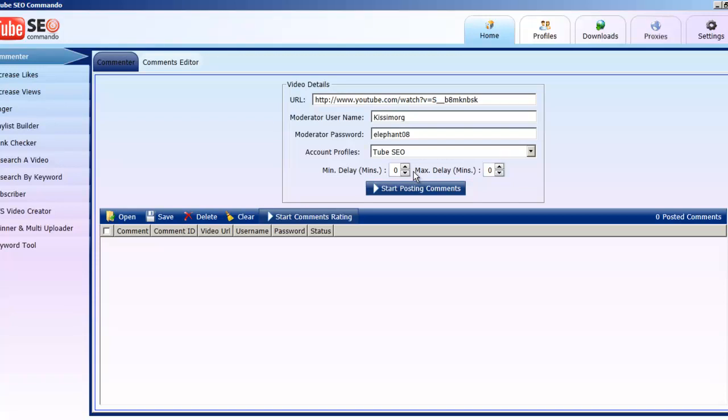I can space it out between 0 and 10 minutes, and it might post the first one right away, the next one might be in 8 minutes and 50 seconds, and then the next one might be in 7 minutes and 20 seconds. So we can keep things looking natural. And